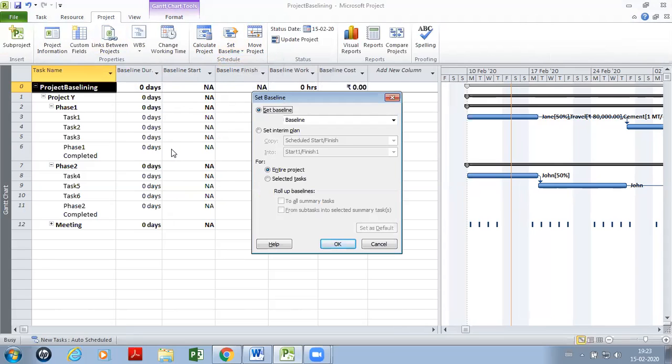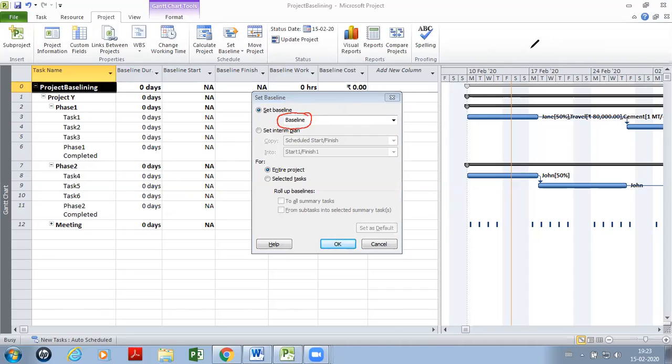It gives me a couple of options which I need to understand. In Set Baseline, where will the baseline be recorded right now? Will it be recorded under Baseline, or are there other choices here?